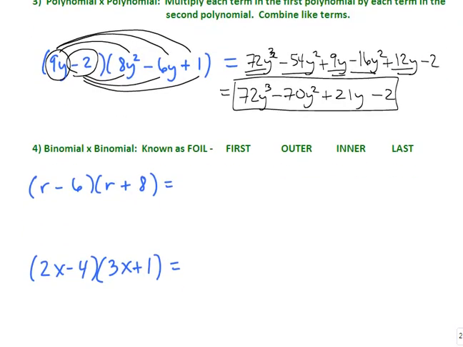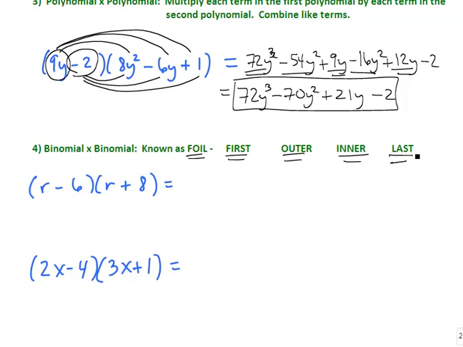Now, the last example that I have here is actually just a special case of what we just did. In the last example, we did 2 terms times 3 terms and ended up with 6 terms. In this next example, we're going to do a binomial times a binomial, which is always 2 terms times 2 terms. And we also are kind of familiar with this as the acronym FOIL. A lot of times you hear this being called FOIL. And FOIL stands for the first times the first, outer times the outer, inner times the inner, and last times